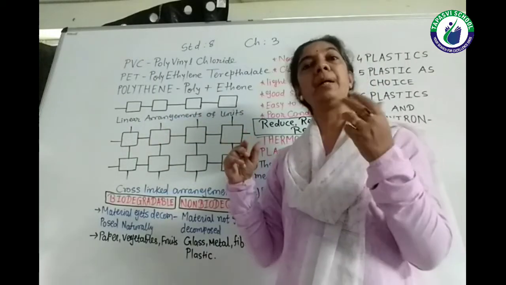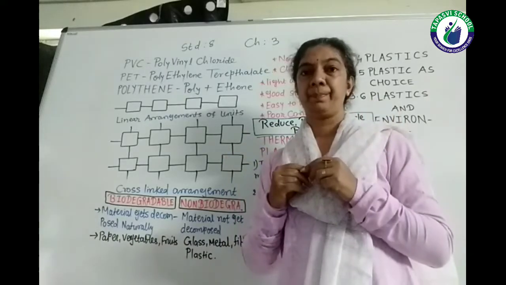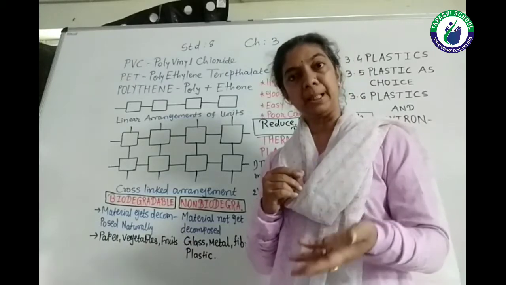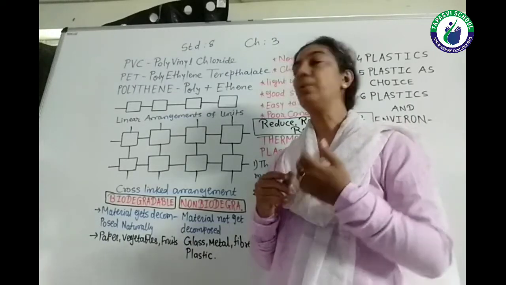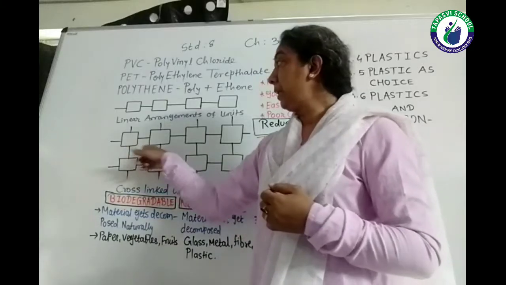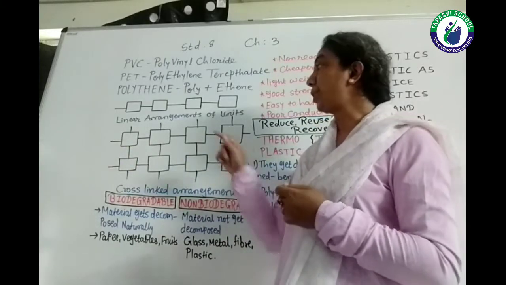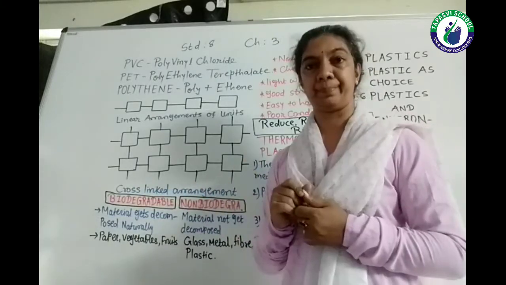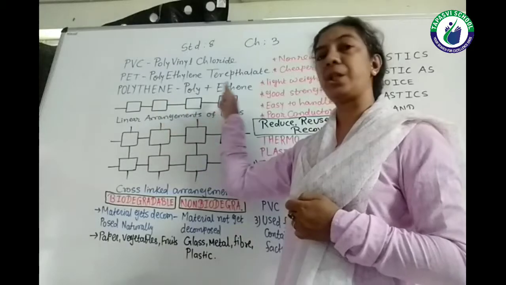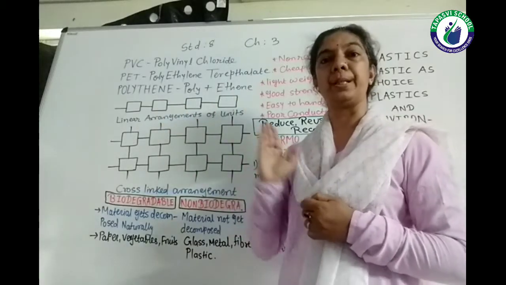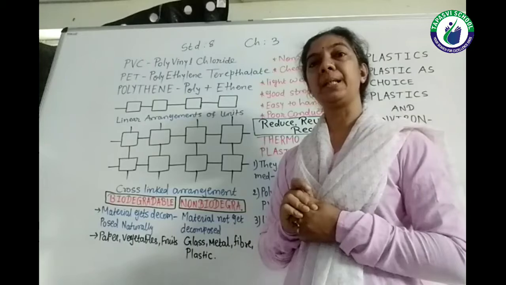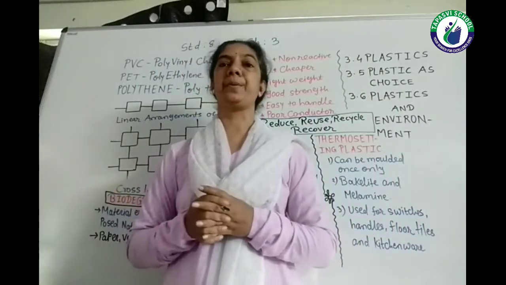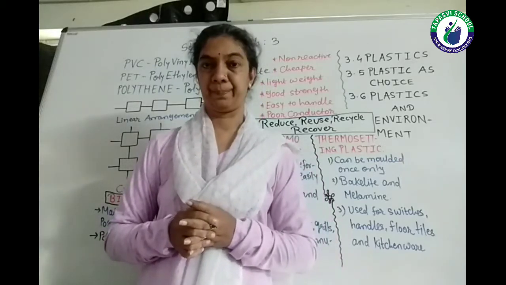These units could be any chemical compound, might be amide, might be ethene, might be ethylene, or related to that. Another way in which these units are arranged, it is cross-linked arrangement. So the long chain of this type of units are prepared, and as a result plastics are also formed from the different types of chemical compounds.